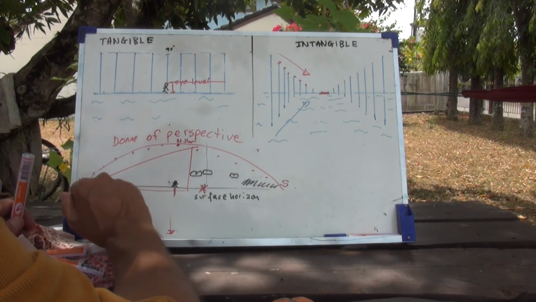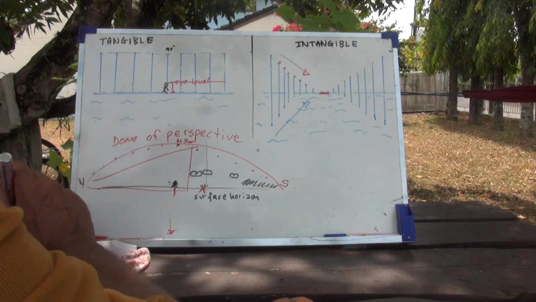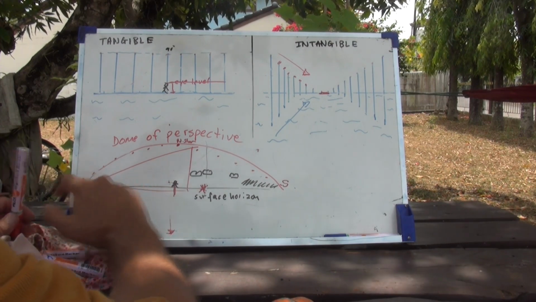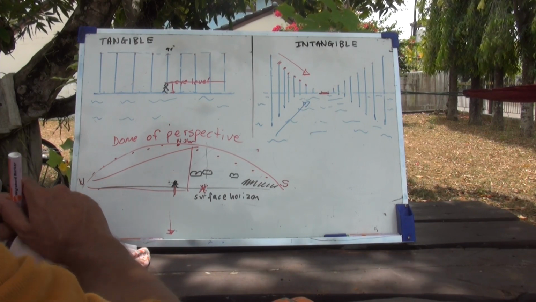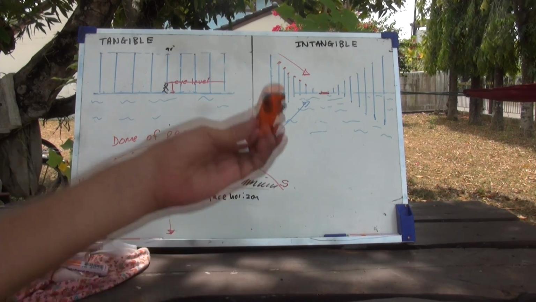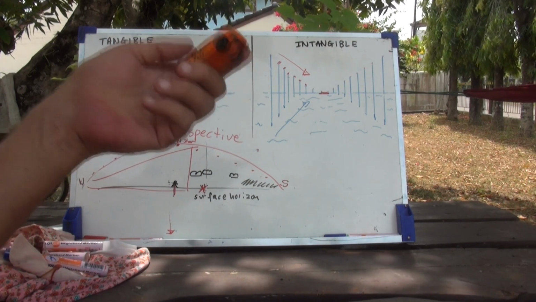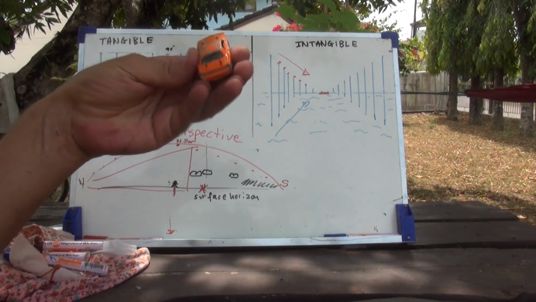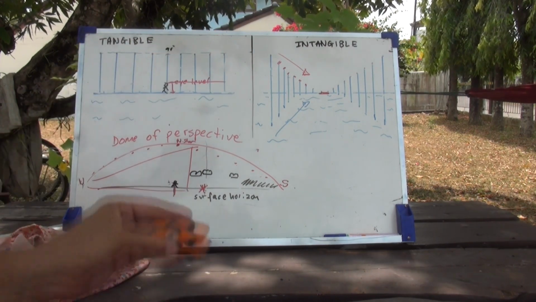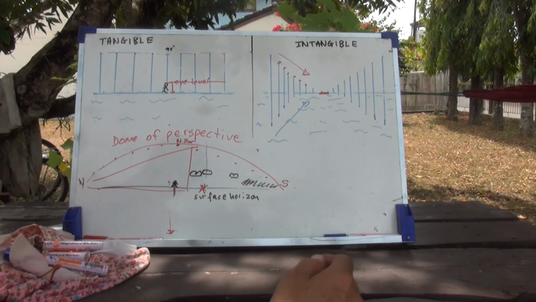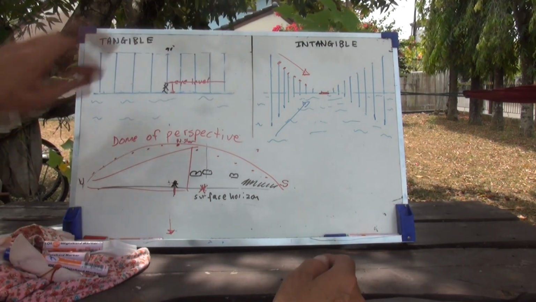But obviously, for the sake of the heliocentric model, they would prefer to have a curve. It's as simple as that. So again, just to reiterate, this is a scale model of a real tangible object. But when you start talking about distances and assumed distances to stars or the sun, so here we've